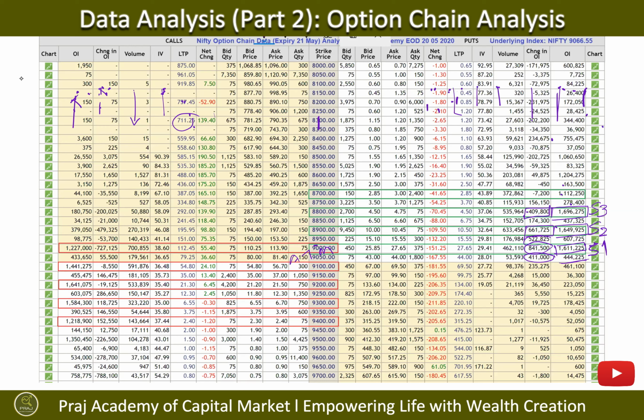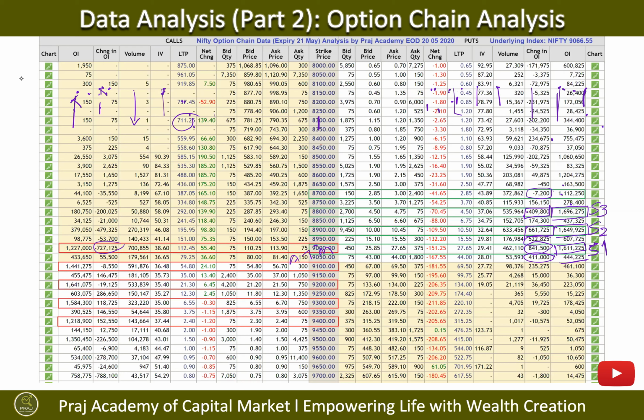And at 8,700, there is unwinding at this level. The people who are active at this strike price are thinking that it doesn't make sense to be here because the LTP is already 2.85. They don't want to remain invested by paying 100% margin, but earning only 2.85 rupees into 75, so hardly 200 rupees or so. So we will ignore this part of it. So there are 3 levels built up from here. On the call side, if we go, there is an unwinding of calls here at this level, 7,27,000.